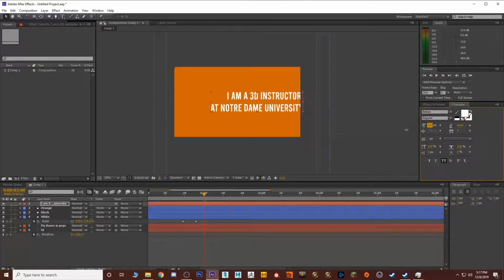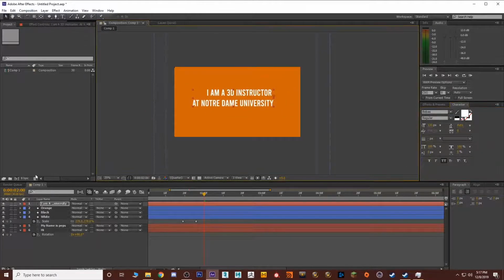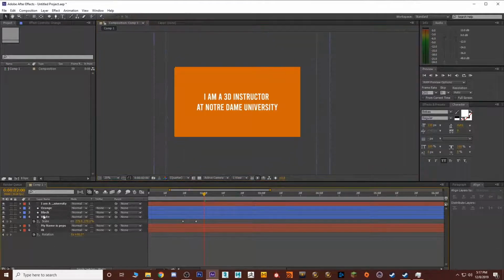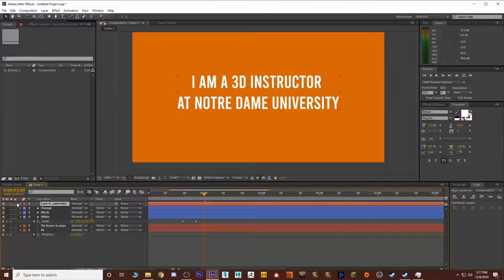Scale this down using the characters, and I want the words to be centered perfectly, so I'm just gonna double click on them. Make sure that my paragraph alignment is in the center. Great. Take it, align, center to the actual scene. There we go. So we can do a lot of neat tricks here. So let's go here